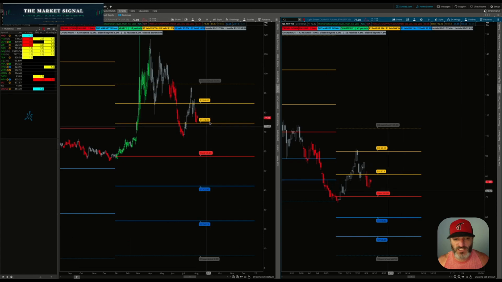Where did we find support? If you're wanting to buy oil, Dave, where do I buy oil? Well, that is a perfect retest of R1 at 74.39. What was the low of the candle? Let's look. If I can hover right on that one. Seems to be a little weird. Low was 74.57. That's the one beside it.